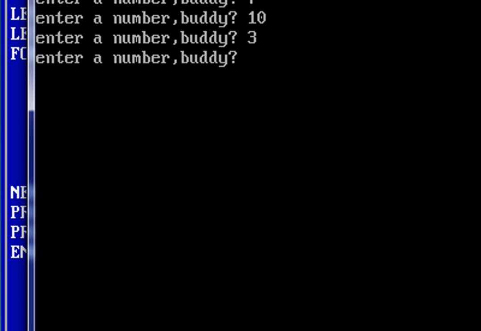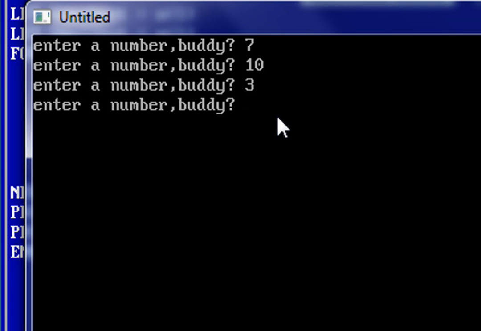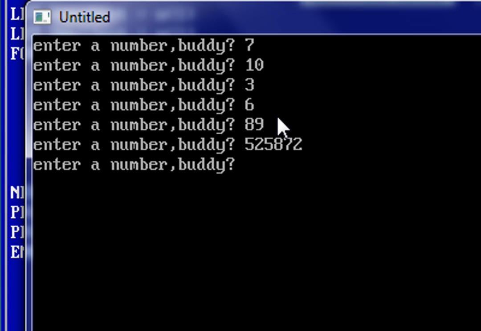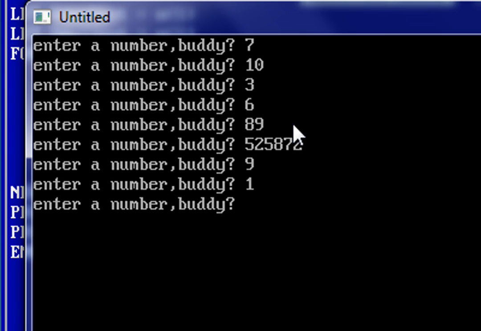And here is the proof that we dealt with it. So 7, 10, 3, now 6, and any numbers you can input. And okay, cool. So we know that the greatest number should be this one and the smallest number should be 1. We know the output, and let us check whether we have written the program correctly or not. If the answer is that this is the greatest number and 1 is the smallest number, then it is true that our program is totally correct.